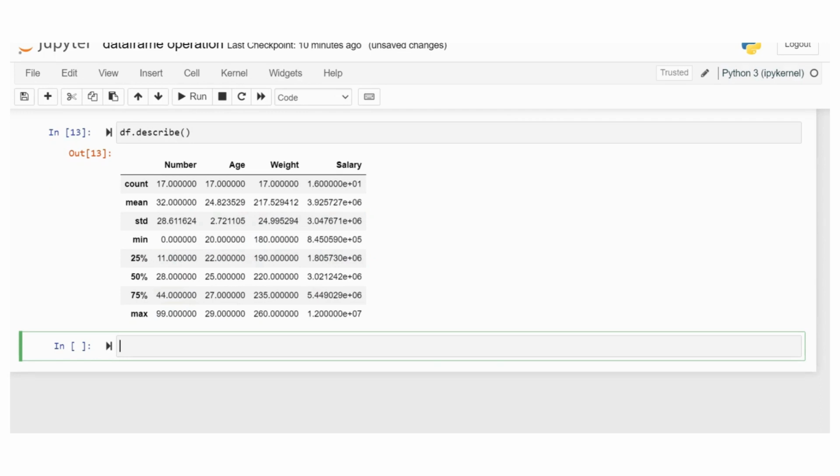Okay, now another method is groupby, to group the data in the data set.